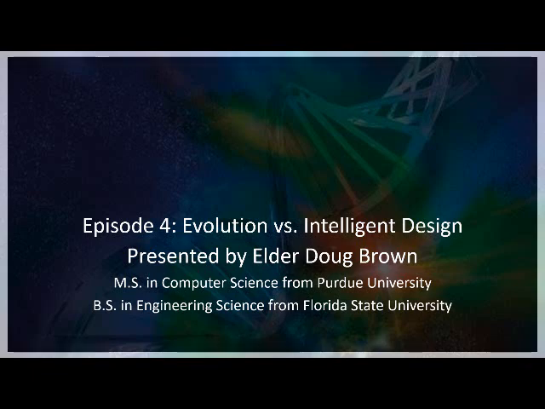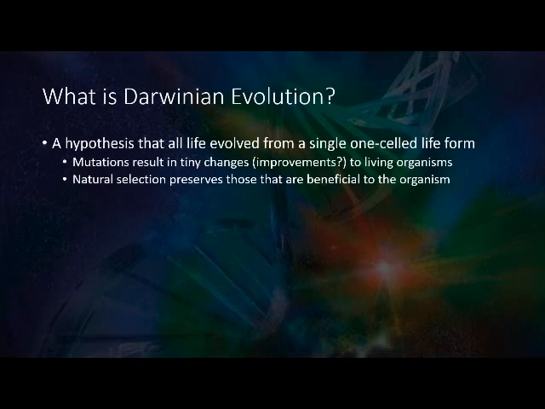Well, the first thing we should do is define evolution. The term has been used in different ways. I'm talking about Darwinian evolution. It's a hypothesis that all life evolved from a single one-celled life form. And this happened supposedly through two different mechanisms. One is mutations, genetic mutations that result in tiny changes, sometimes improvements to living organisms. And then the second mechanism is natural selection that preserves those changes that are beneficial to the organism and eliminates